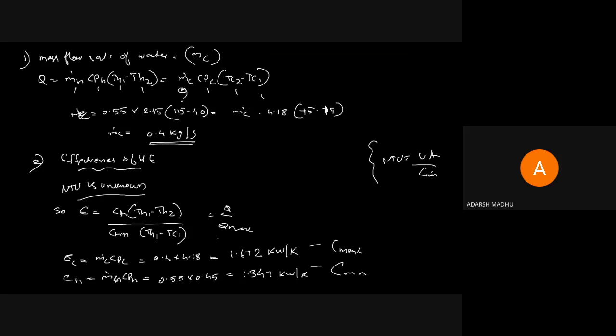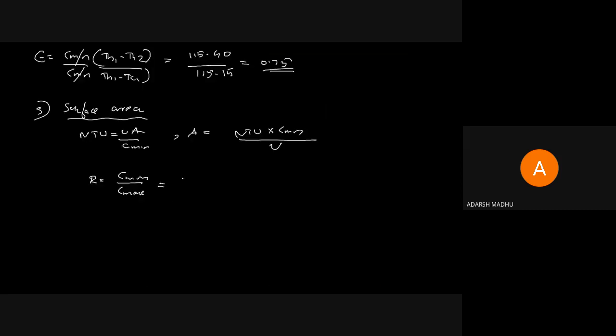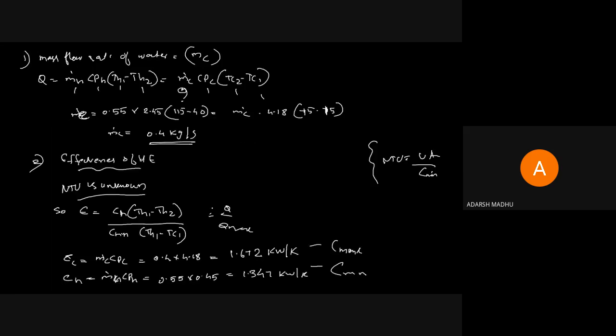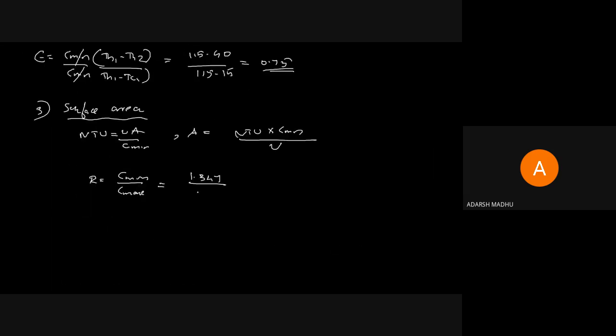C minimum equal to 1.347, and C max value is 1.672. Find the ratio of C minimum by C max. It is 0.806. So from the graph,